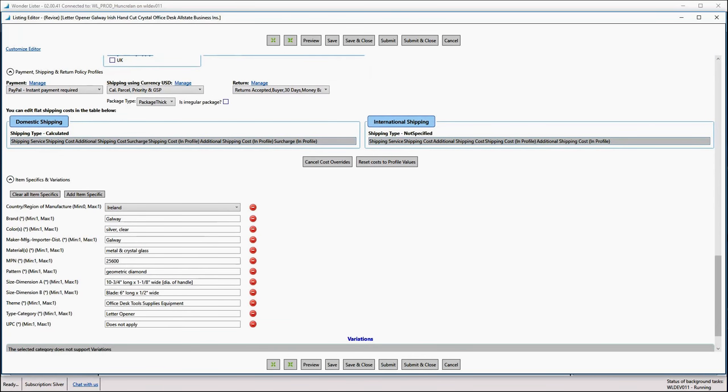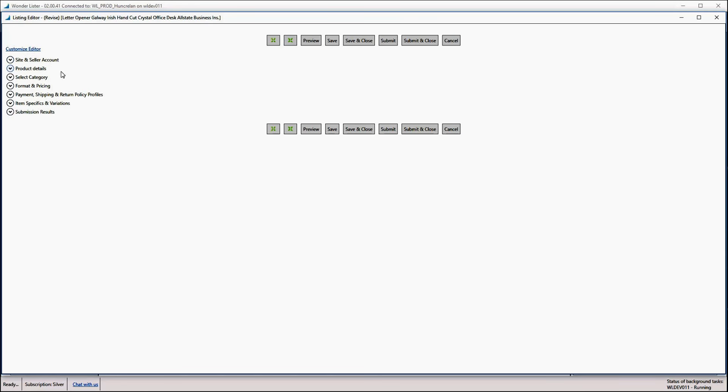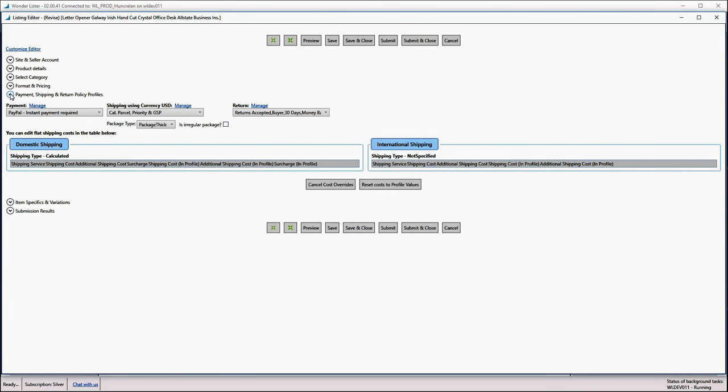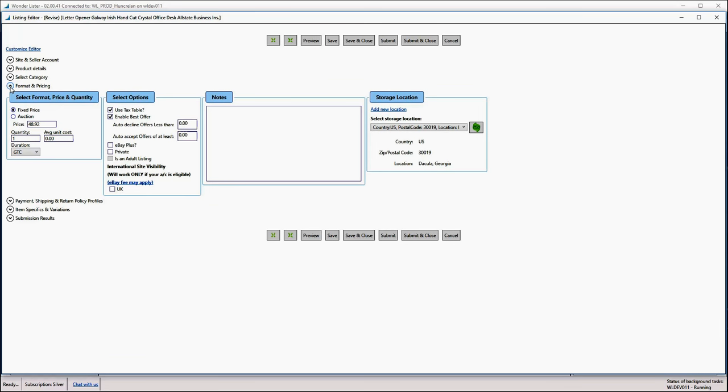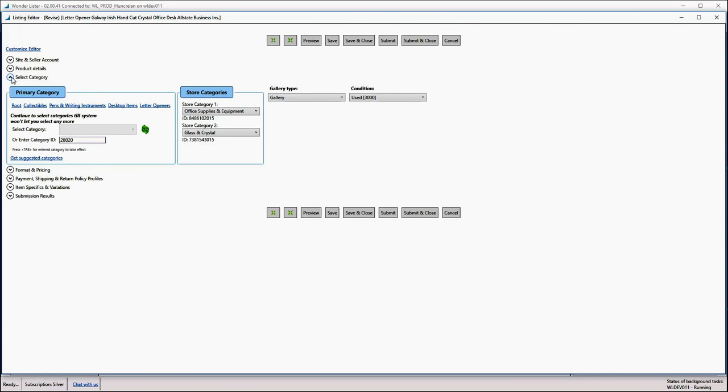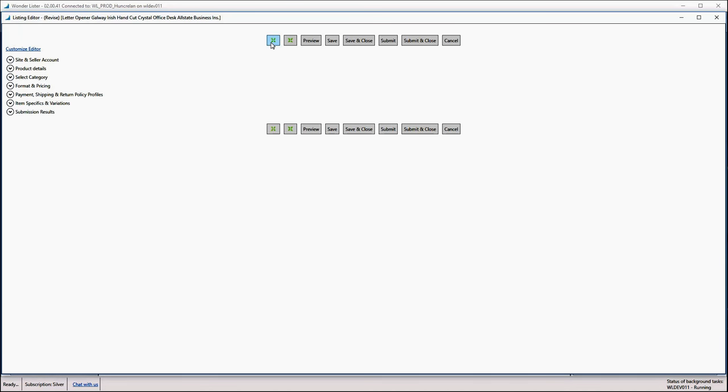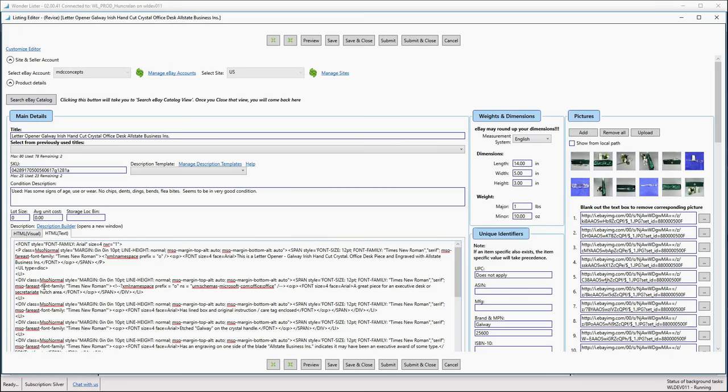However, you can click on the second button from the left at the top of the listing editor window, which will collapse all the sections, and all you will see in this section is titles. Now you can expand an individual section by clicking on the down arrow within the circle left to the section title, or you can expand all sections simply by clicking the very first button on the left at the top